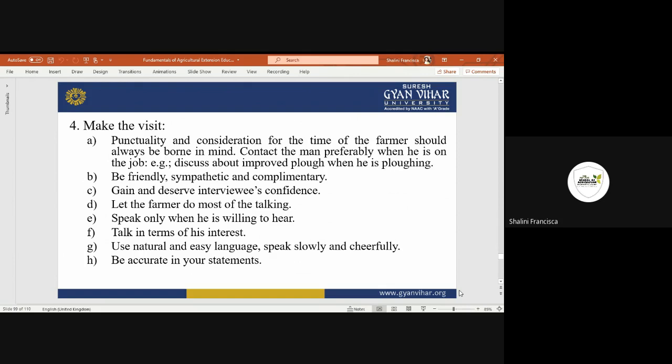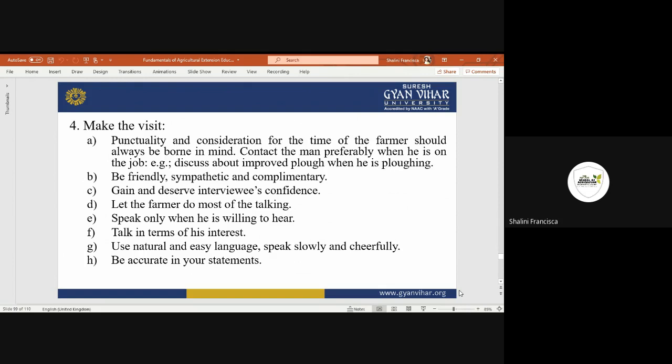Be friendly and sympathetic to them. It's not like you go there and ask like a survey person, what was this and that, without any politeness in your voice. Be humble to them, be friendly to them. Start by asking about general things, and then go in-depth. It's not like you are the interviewer and they are the interviewee, they give the interview, you mark the answers, and that's over.